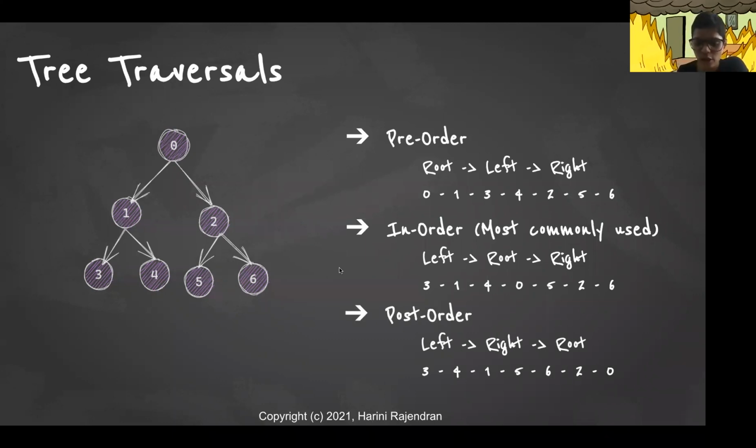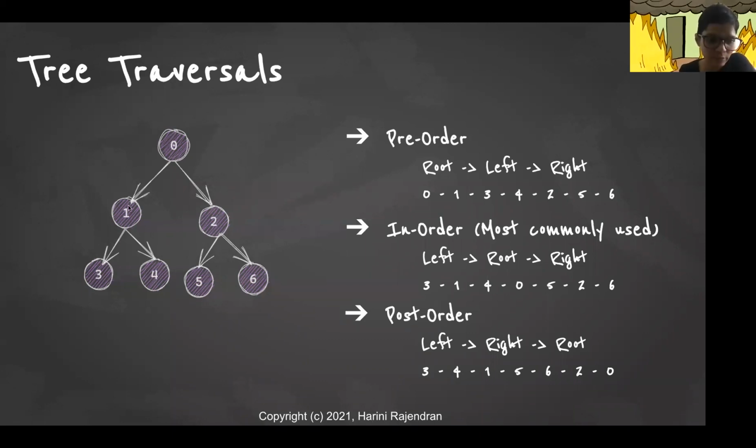And the next one is called the post-order traversal. Here we traverse the left subtree, we traverse the right subtree, and finally we visit the root. So that is the post-order traversal. So first we have to visit the left subtree, right? So if we take this left subtree and apply post-order traversal on it, again, it's the left subtree first 3, right subtree next 4, and then the root 1. So that's the first part, 3, 4, and 1.